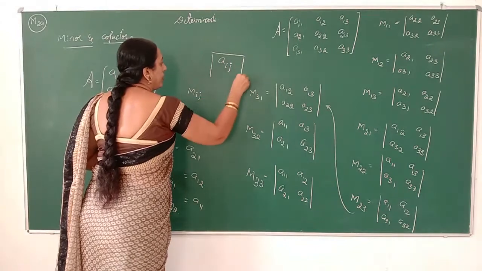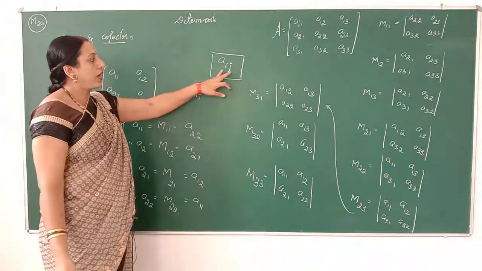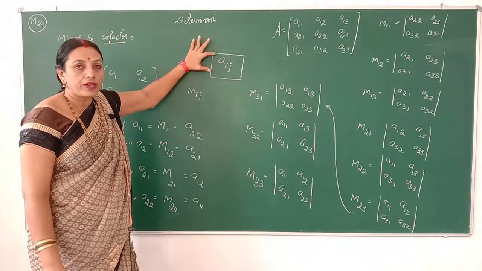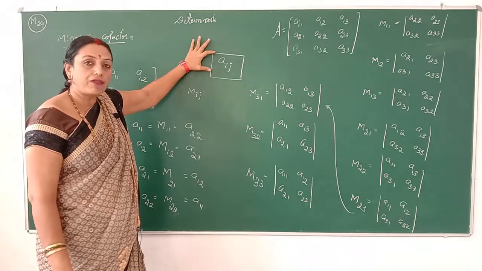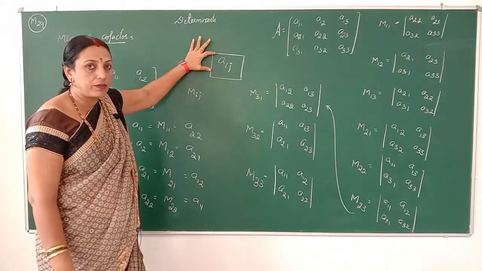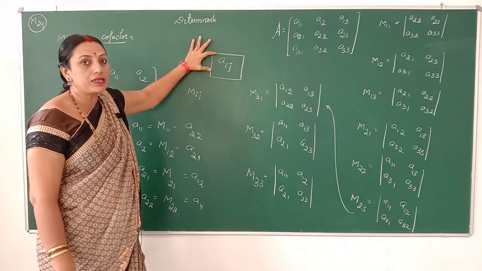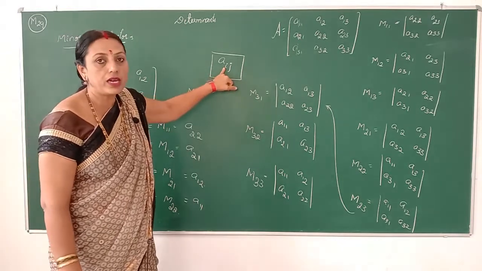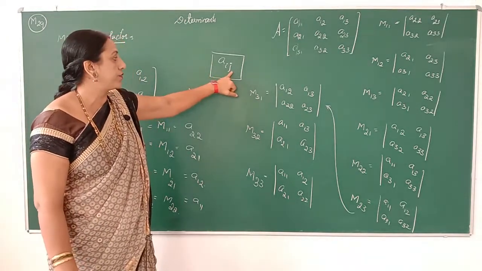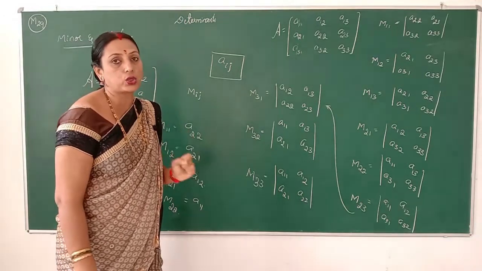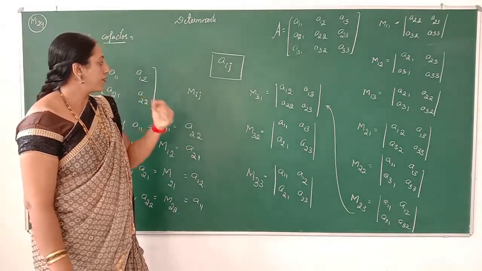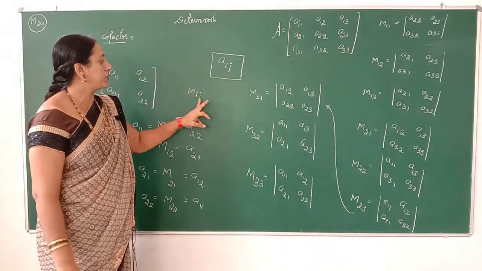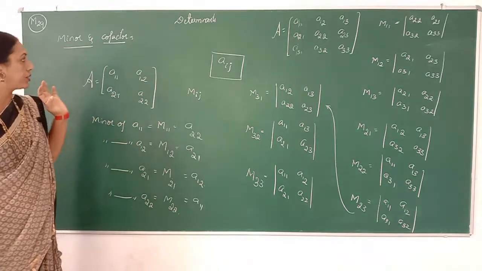In general, Aij is one of the general elements of the matrix. The minor of an element Aij of a determinant is defined by eliminating the elements of the ith row and jth column, where i and j represent which row and which column the element is in. The result is the minor of that element, and it is generally denoted by Mij. These are called minors.